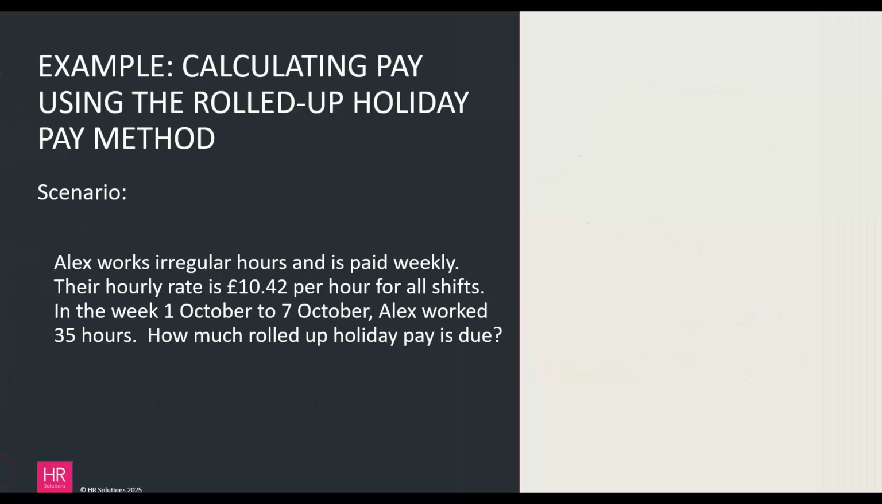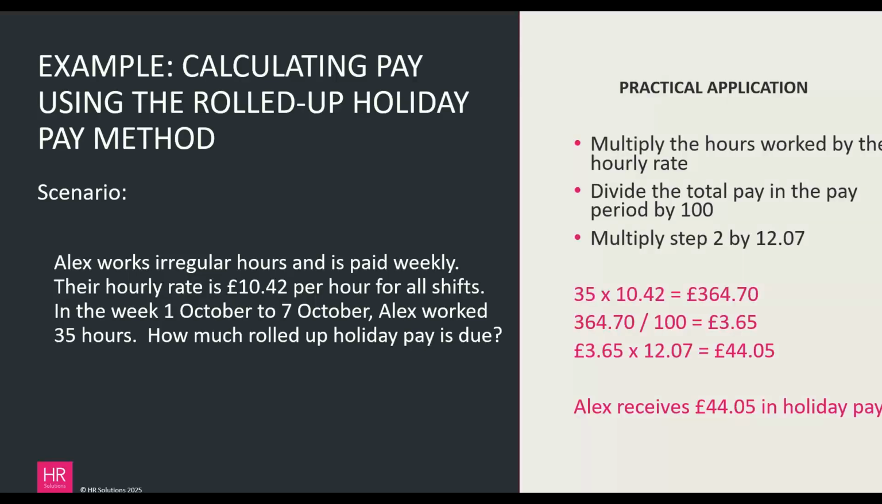So when we think about pay, if this same person is now paid weekly, their hourly rate is £10.42 per hour for all the shifts. But in the week of the 1st to the 7th of October, they worked 35 hours. And you need to work out rolled up holiday pay for those 35 hours that's equivalent to their entitlement prorated. What you need to do is multiply the hours worked by the hourly rate. So you've got 35 hours worked multiplied by the £10.42. So that gives you